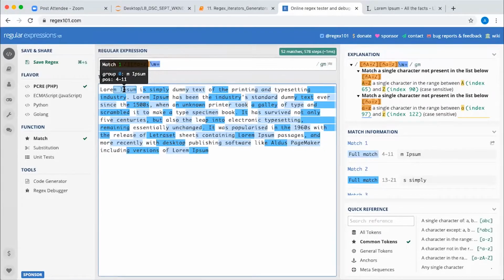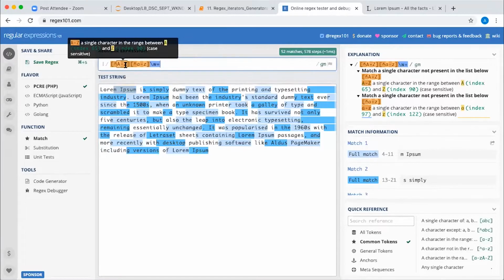Sorry, I lost what that caret signifies. This caret signifies that anything which you mention inside this will not be matched. If you write caret in the square bracket, it will not match anything which you are writing inside the square bracket. If you do not write it, then it will match everything which you write inside this square bracket. But if you write this caret in the beginning, it will not match anything which you write inside. It's an exclusion kind of thing. Yes, it will exclude this thing.